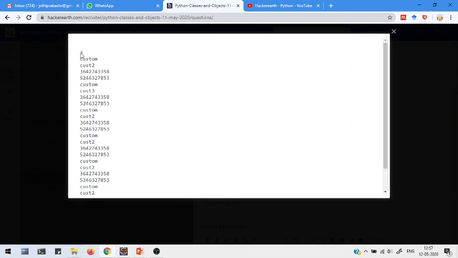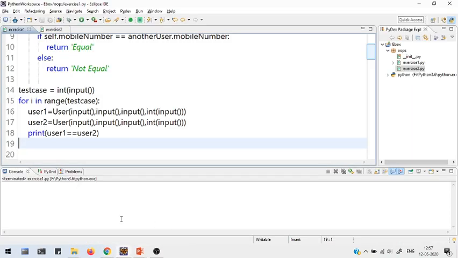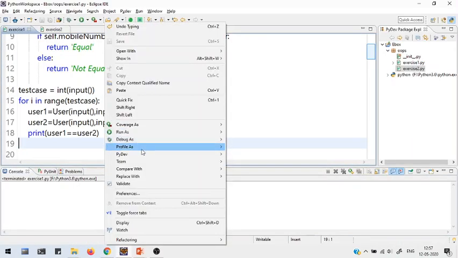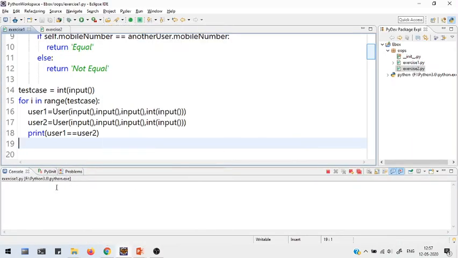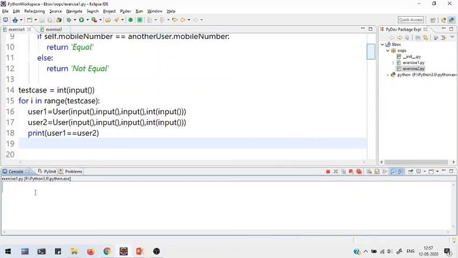So this was the sample input. I'm going to copy the sample input. Now I'm going to run this program. Yes, so this is the output: equal, equal, and not equal.